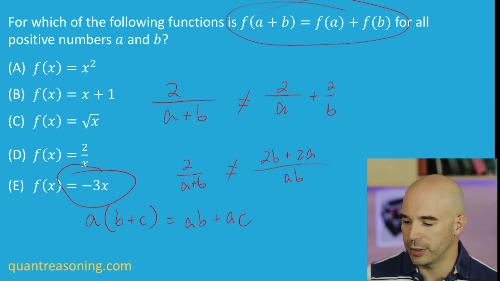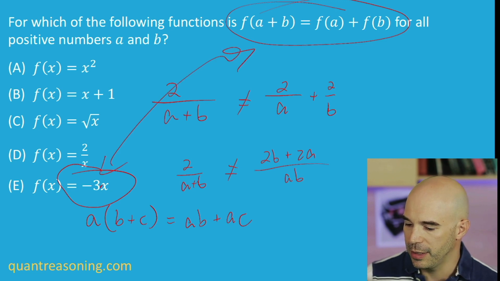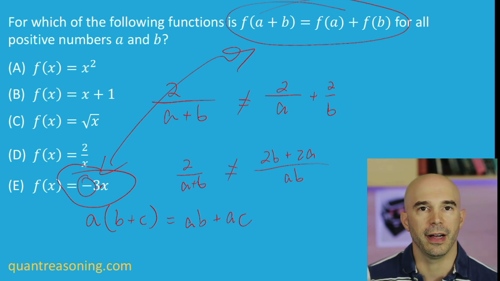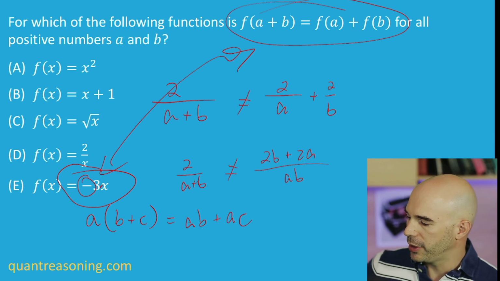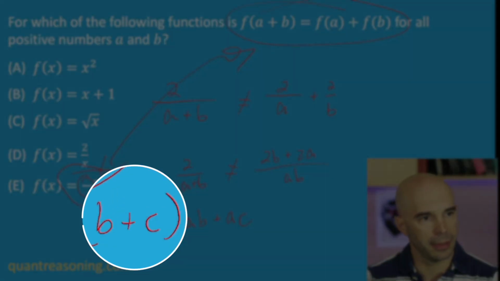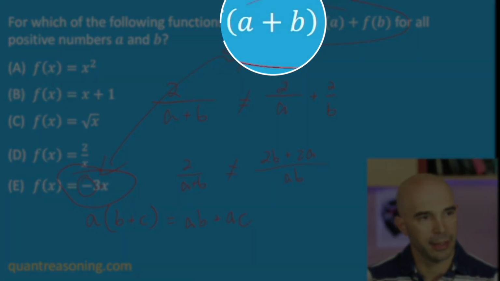You just look at the answer choices and you're looking for something that works with the distributive property, and multiplication, of course, does that. They made it a little bit harder by putting a negative sign in there, but of course that negative sign doesn't make a difference conceptually. So that would be the fast way to solve this question, is to understand what it is that they're trying to test, and then pick out the answer choice that would work with the distributive property. The b plus c in the distributive property example is the a plus b here.